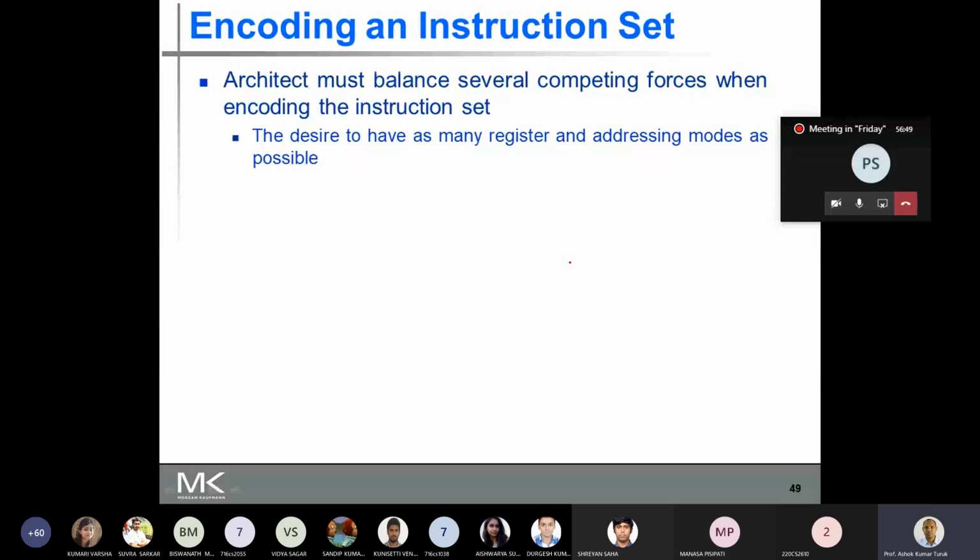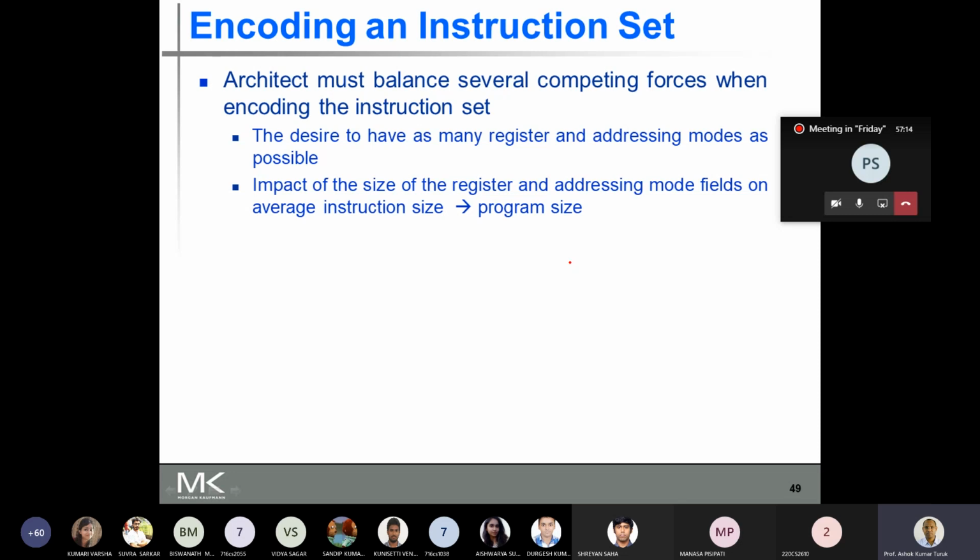Now look at the last slide, where we discussed the large number of registers and large number of memory addressing modes, which is going to directly impact the instruction size, which will directly impact the size of the generated code.